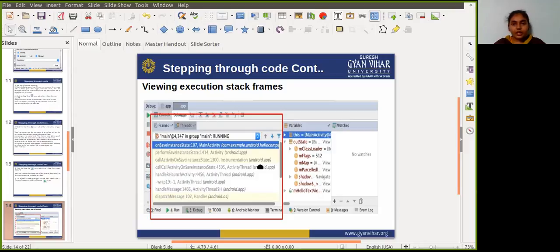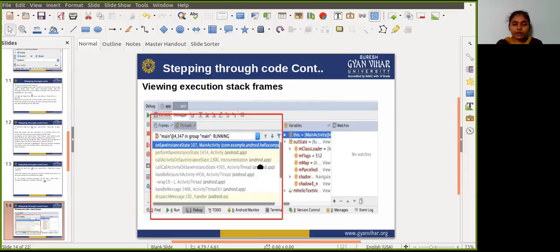So use the evaluate expression to explore the state of variables and objects in your app, including calling methods on those objects to evaluate an expression. Click the evaluate expression icon, select the run button, and then click evaluate expression.